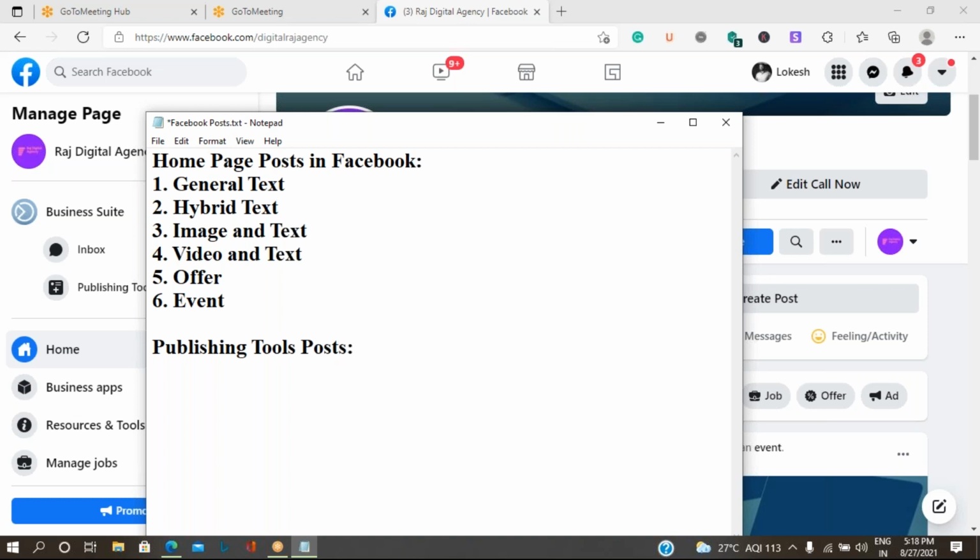So what are the publishing tools posts? It is nothing but which helps in targeting the audience based on our type of audience, we can say.